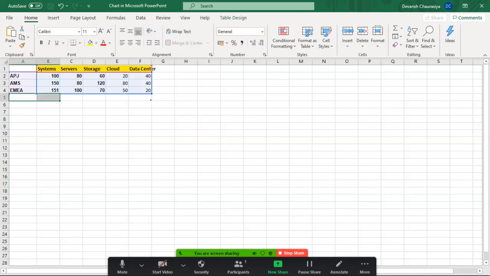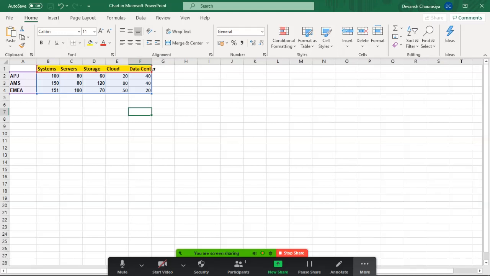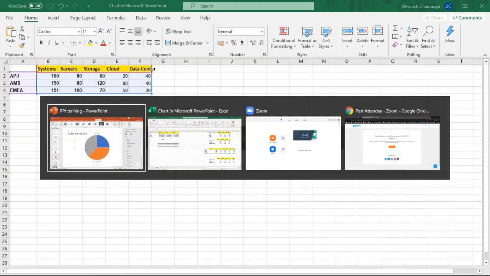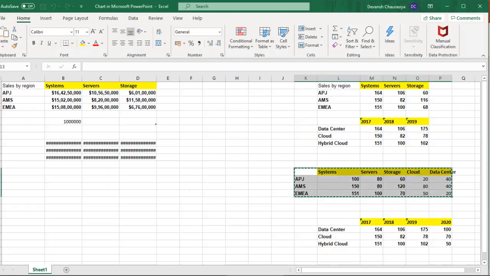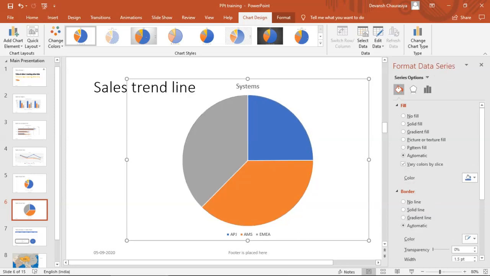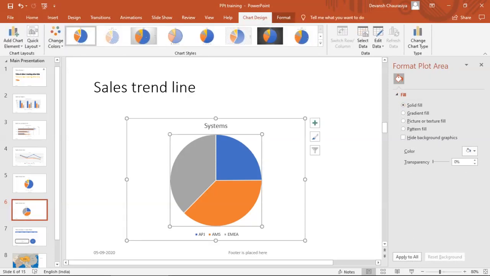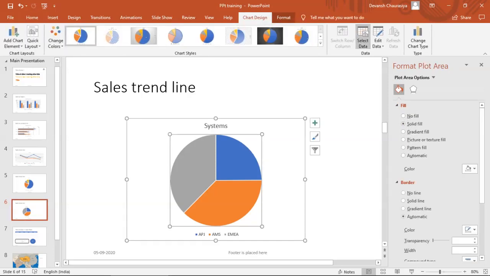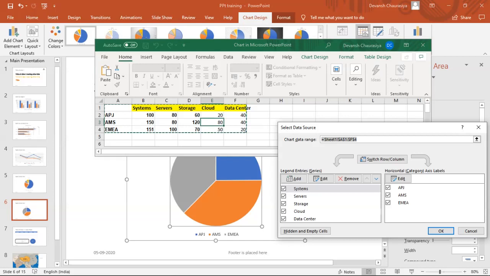Don't need the last one. Okay. Close this. Let's check the data.